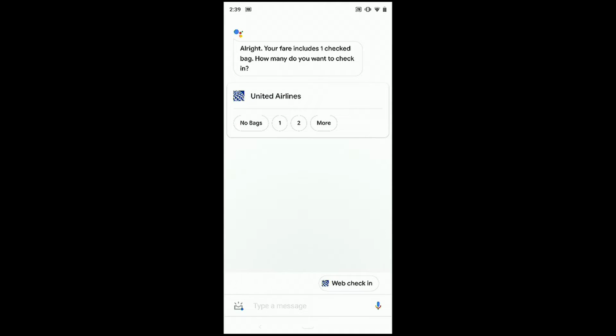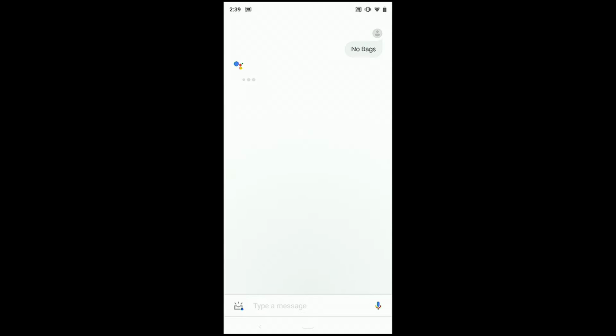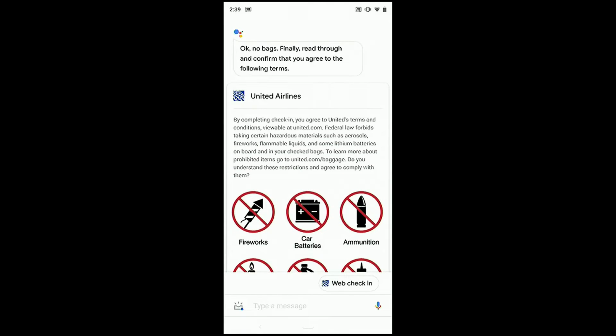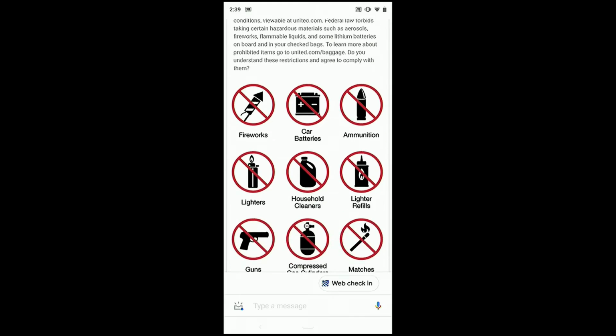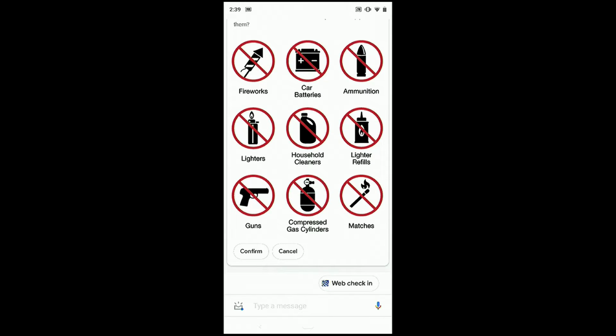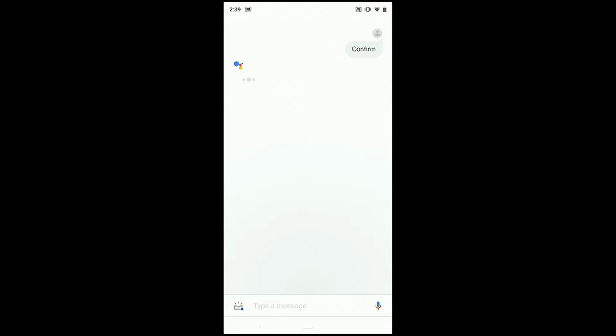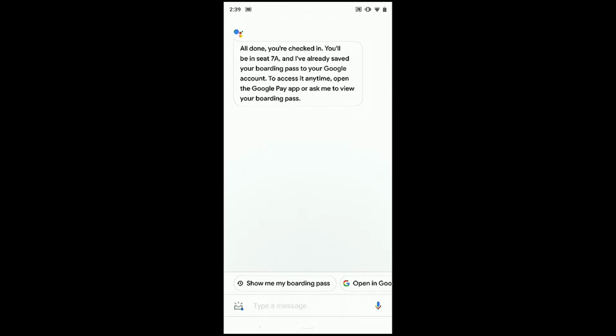I'm going to say yes, I'm ready to check in. Then I'm going to go through the process of check-in, which may vary per airline. I usually travel light, so I have no bags with me. It makes it easier. I really hate to wait at the belt when I'm in the destination airport. Now, I think I don't have anything that is forbidden, so I should be good to go. I'll confirm in here. And once this responds, then what you will see is that the process is now done.